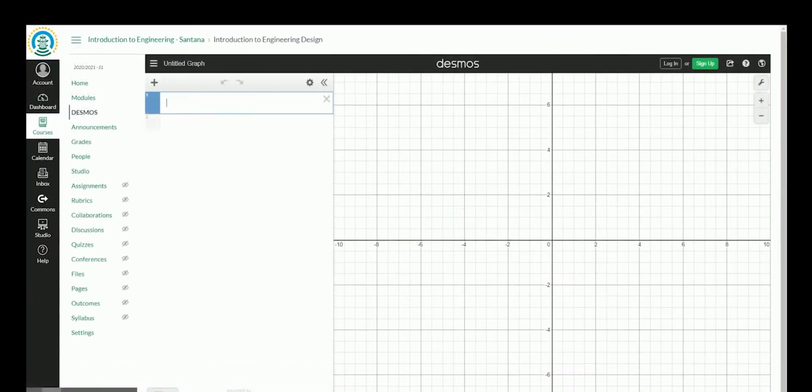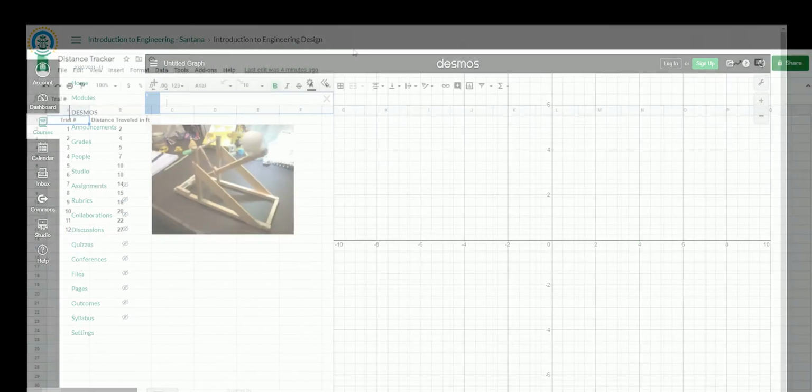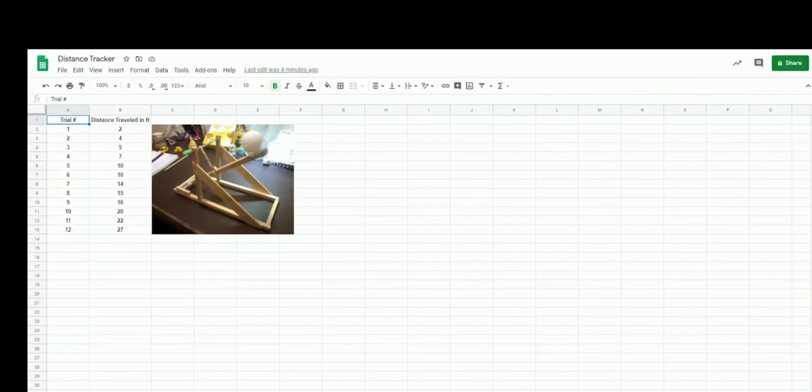Now that we are in the Graphing Calculator portion of DESMOS, we could start either manually inputting information, or we could even copy information over from an outside source like Google Sheets. So what I did here is create a very simple project. It's purely theoretical. I found this image off Google, but it's just to get you to understand how to use